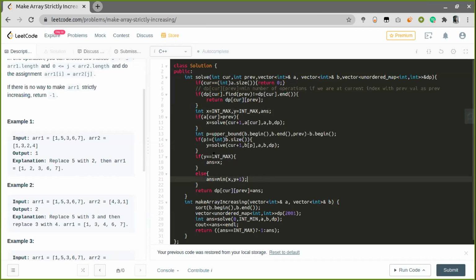So if the value of y is int max, I have assigned the value of x to the answer. And then later, if the value of y is not int max, we can choose the minimum of both possibilities. And then later I assigned it to the DP vector of unordered pairs.